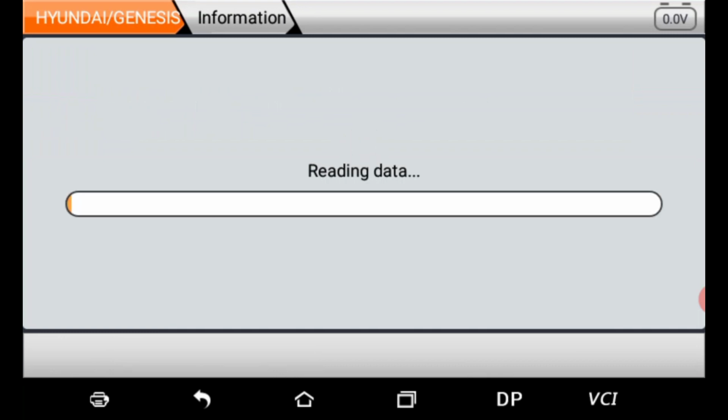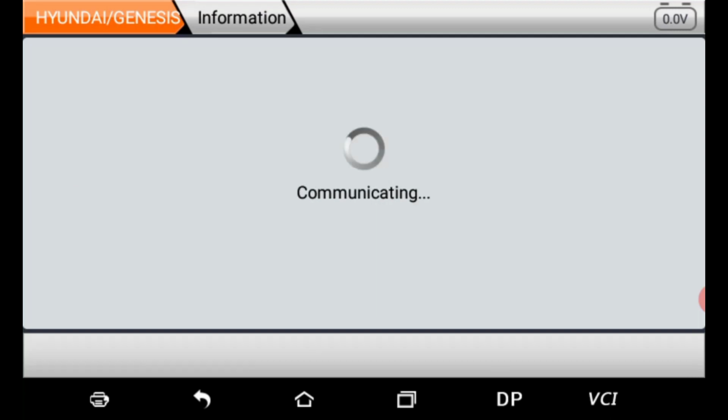reading data. So here our DP5 is reading the pin code for our Creta vehicle. So reading pin code process is going on. This will take around about 3 to 4 minutes. Now it's finishing. Here the tool is communicating, and here we got the pin code as 1581896. 6 digits pin code we got. So with the help of our OBD Star KMD DP5, we successfully read the pin code for Creta vehicle 2018